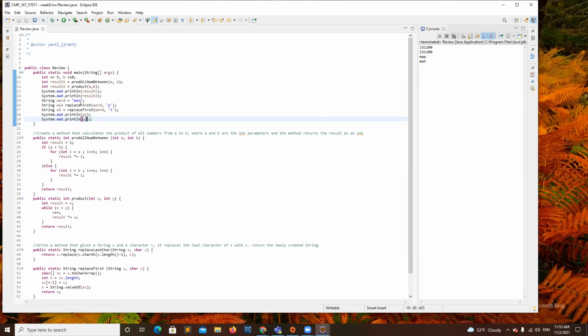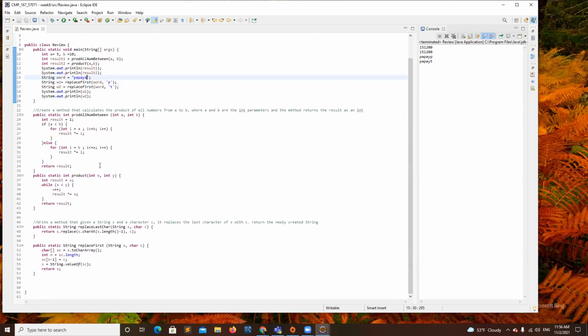However, right now, if I have papaya, and there, yeah, this is also working.